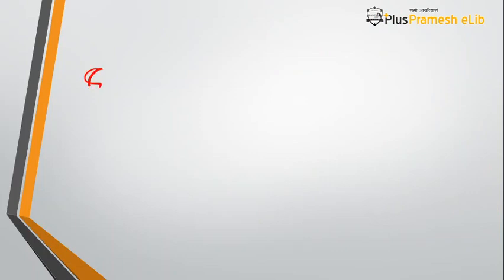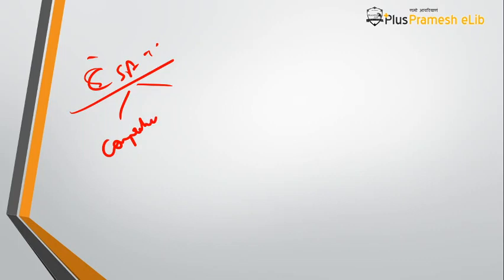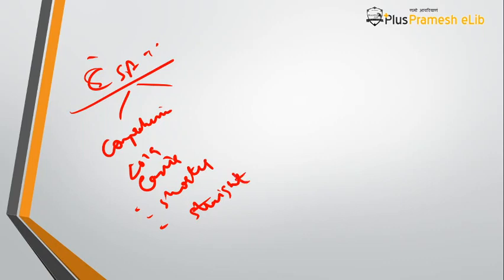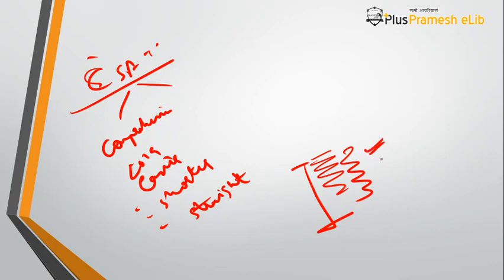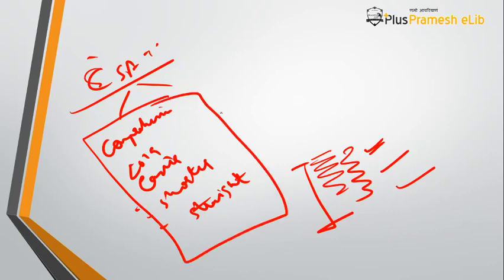See, if I have to rate the CSAT paper for you guys, I would say that the comprehensions as compared to the 2019 CSAT paper were easier, they were shorter, and also they were more straightforward. If you have given 2019 CSAT paper, you will realize that comprehensions were longer, they were more tricky, and the statements were very close to each other, so it was very difficult to say whether this is correct or this is correct. But in this year you will find the comprehensions were pretty straightforward.